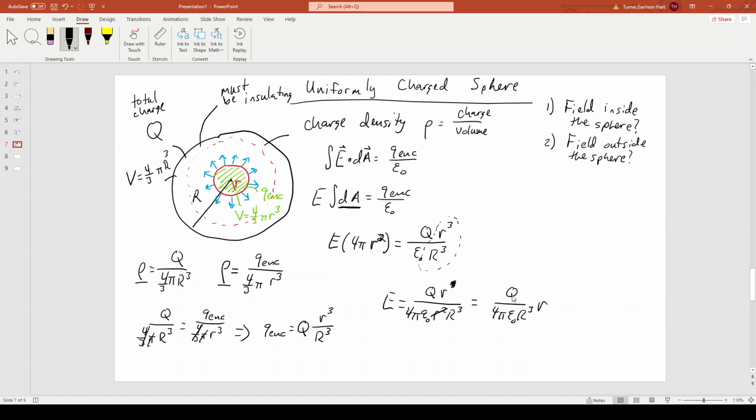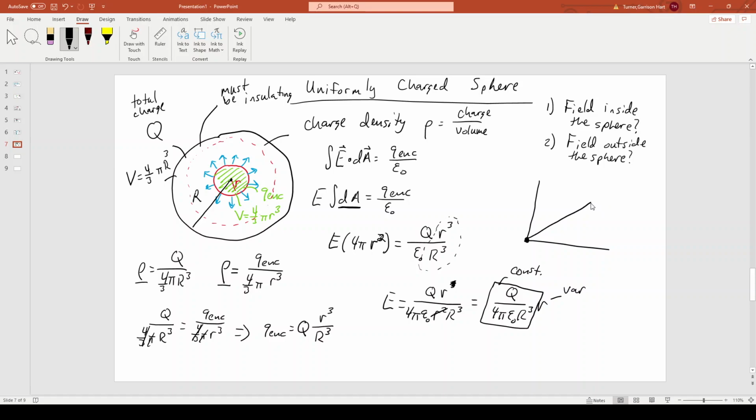And I've written it this way to stress the fact that this quantity is constant. My total charge is constant, and then everything else in the bottom is constant, and only r is my variable. So this is a linear function. At the very center where little r is 0, E is 0. But then it grows linearly with slope Q over 4 pi epsilon naught capital R cubed. It grows with that slope